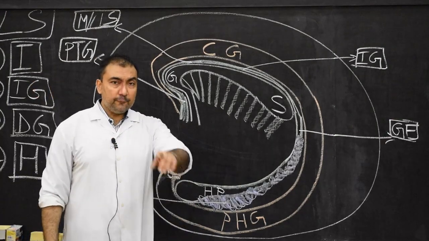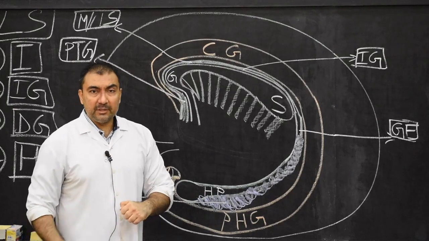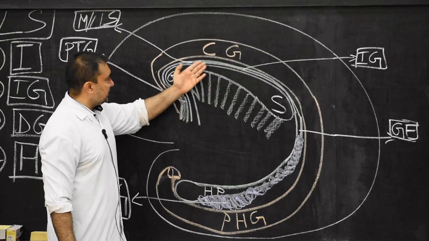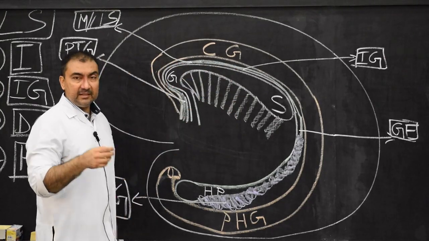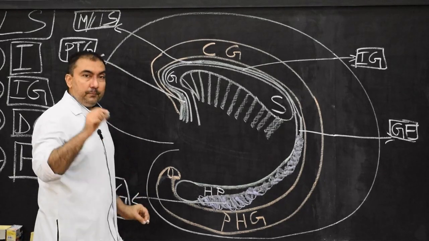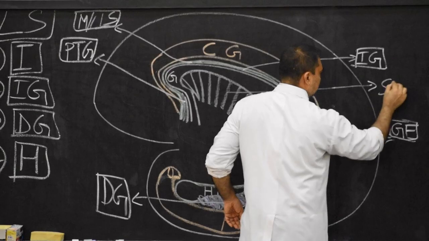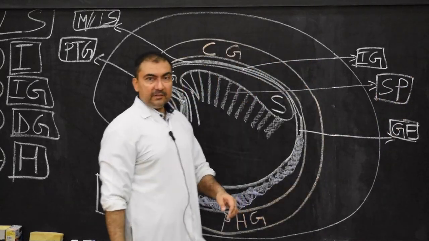So therefore, the backward growth of corpus callosum will split the entire hippocampus into two parts, superior and inferior. Superiorly it will be represented as indusium griseum and medial and lateral longitudinal striae, and inferiorly it will be represented as septum pellucidum. So here we will mention this as septum pellucidum. Very important point which we have discussed.